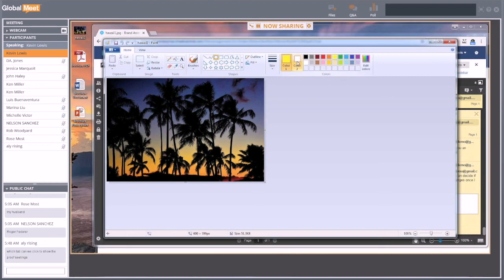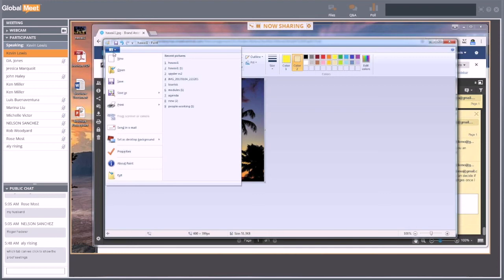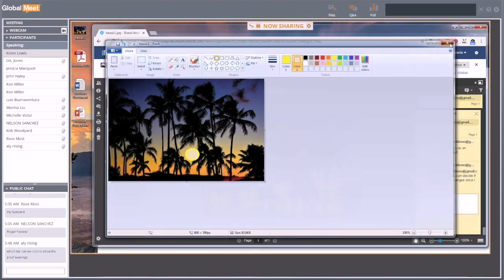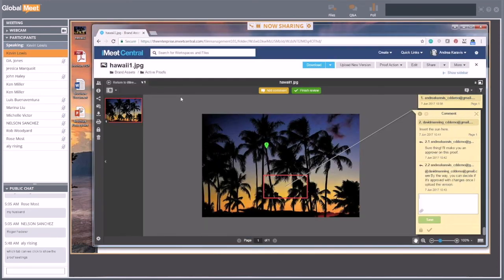Why not? And I'm going to draw my sun. And that looks really good. I'm going to save this. And now that I've made those changes, so here's my beautiful picture with the sun in it,